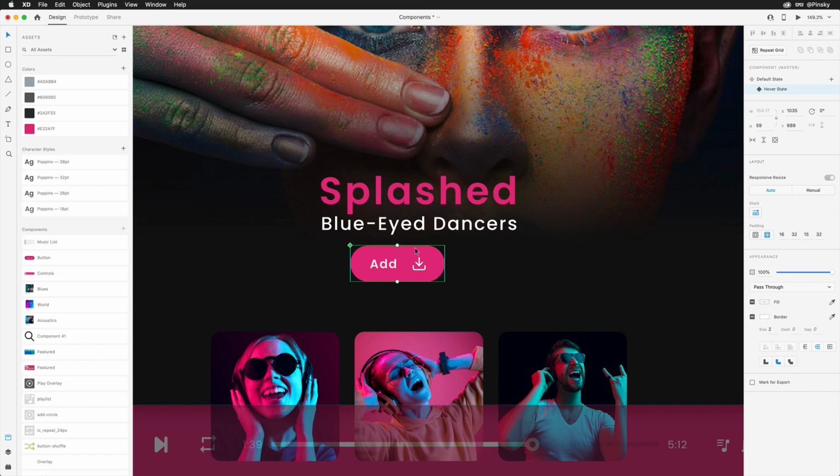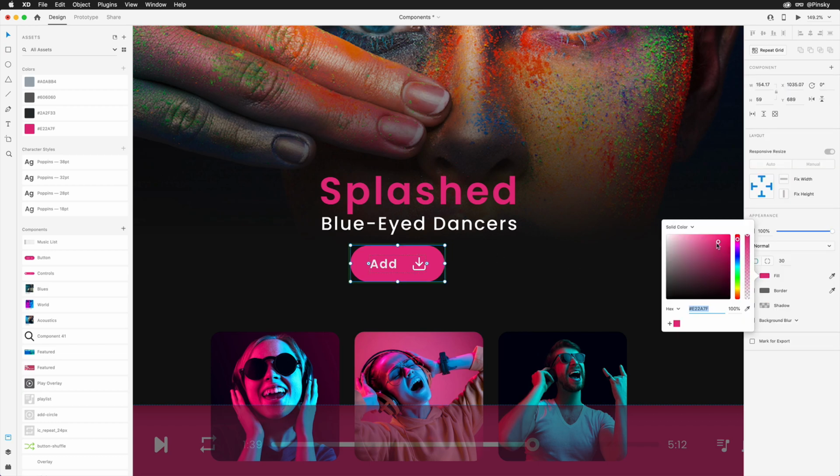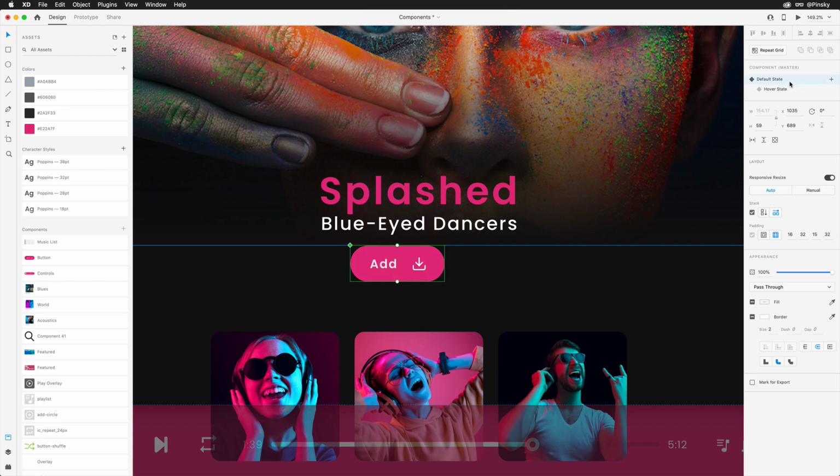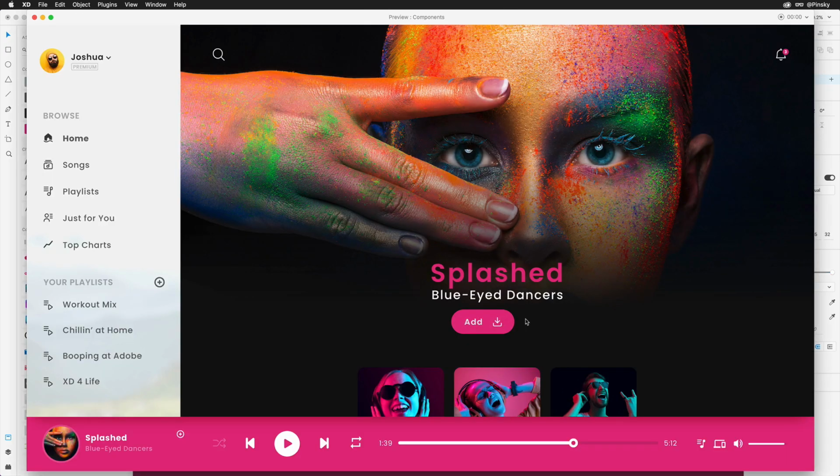Let's start with that. I don't want anything too drastic for my hover effect, so I'll simply brighten up the background a touch, and then separate the two pieces that make up this icon. Great, I can now toggle back and forth between the two states, and since hover was chosen, it's automatically wired up, so when I preview the artboard, voila.